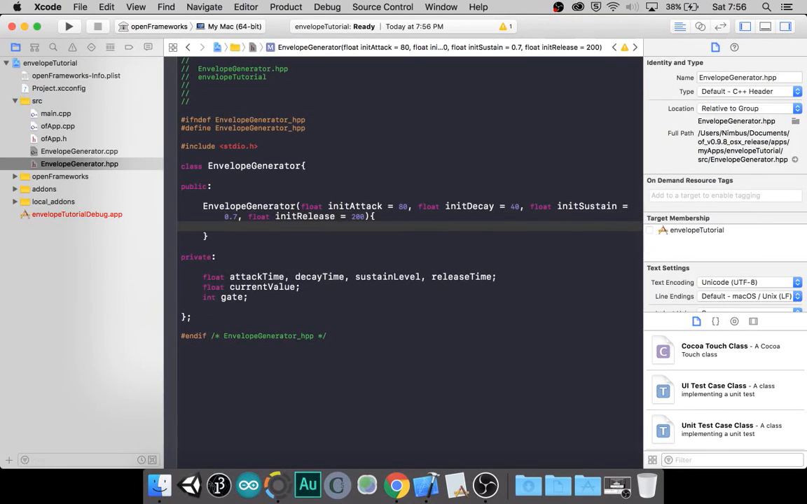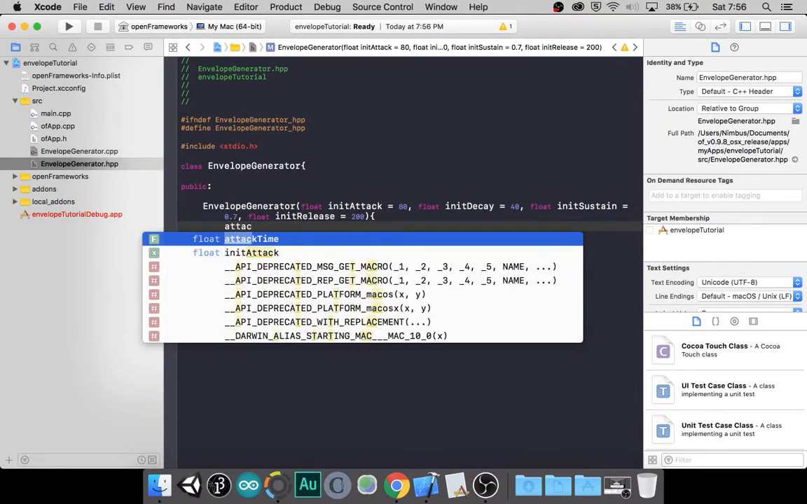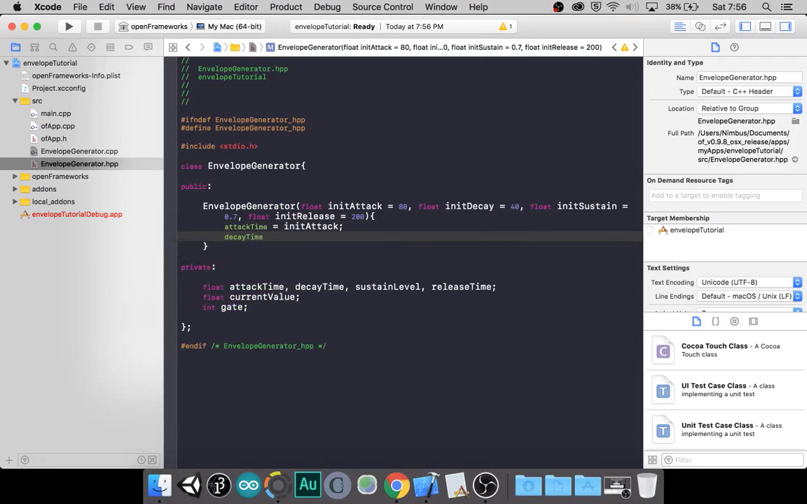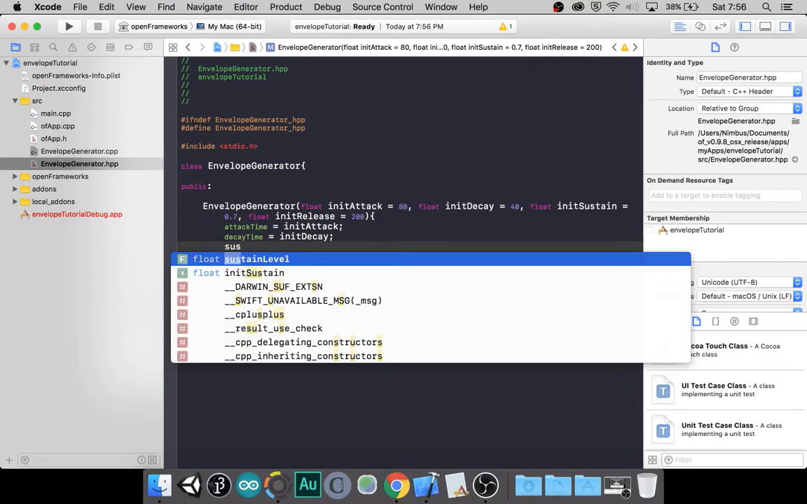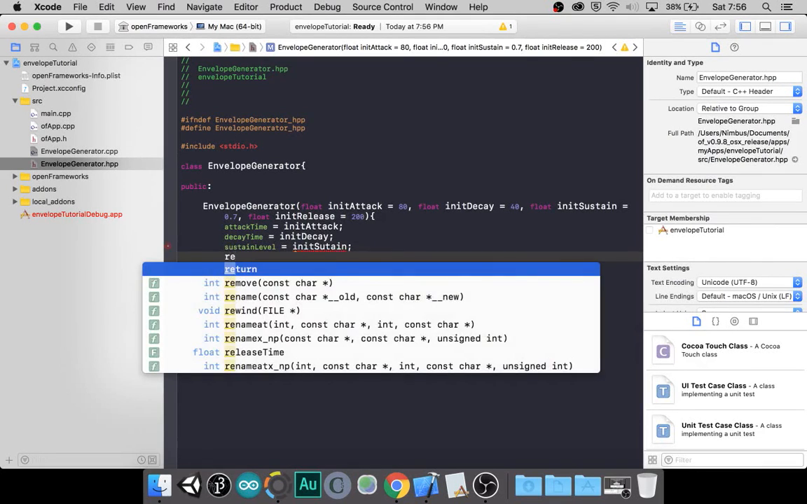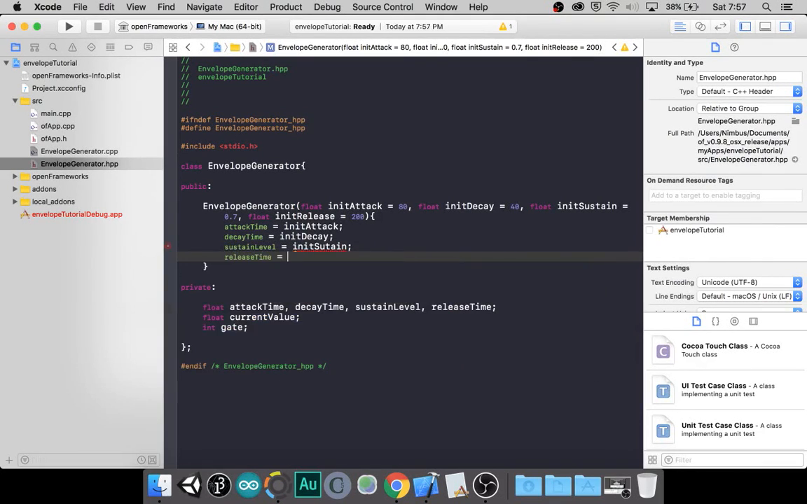All right, so do the easy part. Attack time that we're storing within the class equals initial attack. Decay time from the constructor equals initial decay time. Sustain level equals initial sustain. And finally, release time equals initial release. Okay,